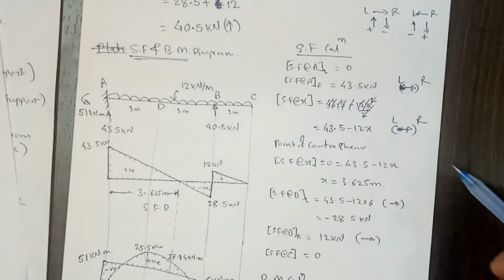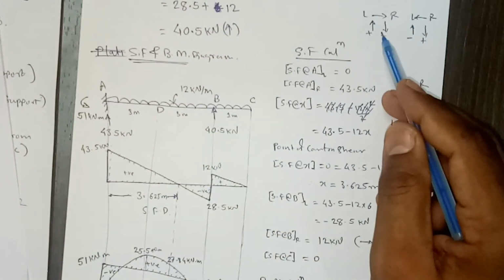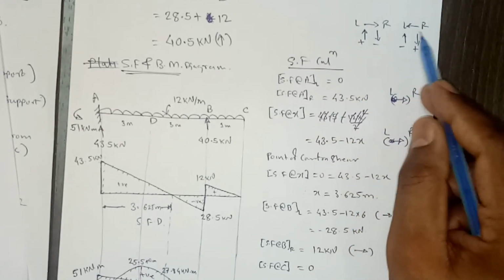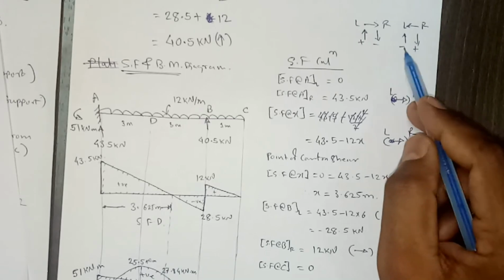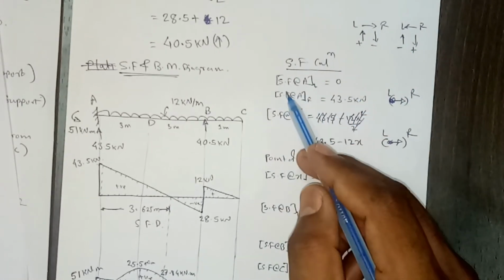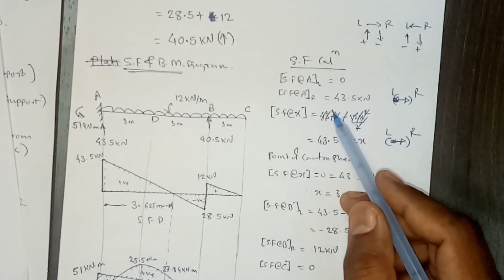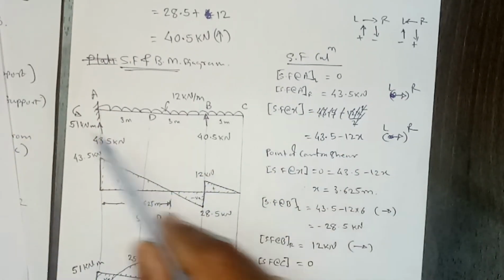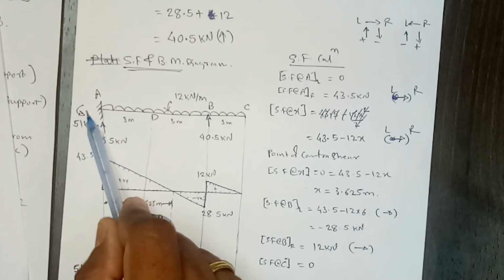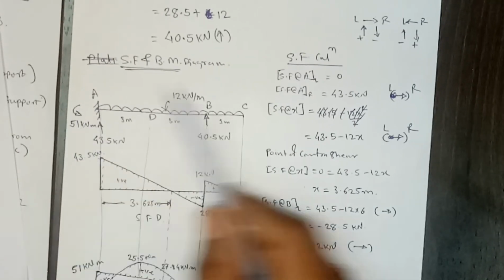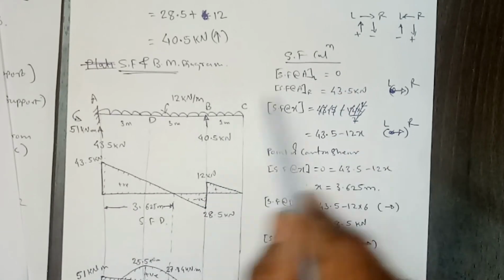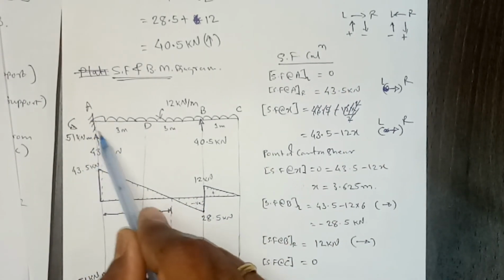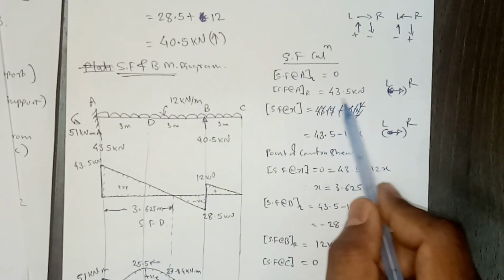Now next is the shear force and bending moment calculation. This is the sign convention: left to right, upward force positive, downward negative, and right to left, downward positive, upward negative, right? So we'll start from this end and go on to the right side. We'll calculate shear force from left to right. When you are on the left hand side of point A, there is no vertical force, so shear force will be 0. But if you cross this point, then you will get this vertical reaction which is upward, and since we are calculating left to right, it is positive